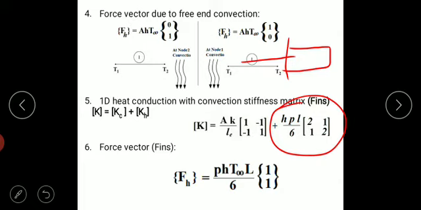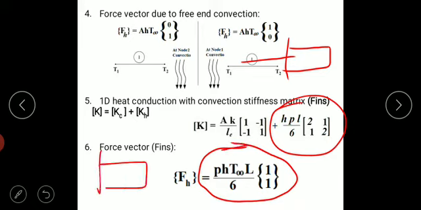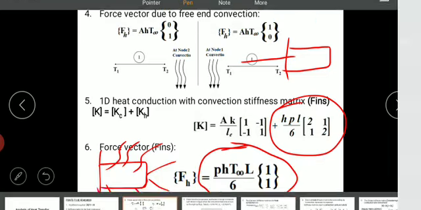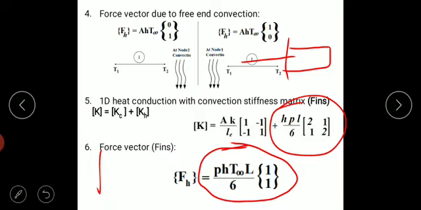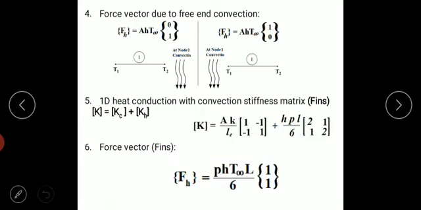What about the force vector? Same thing, the perimeter will come. Why is the perimeter going to come? For the force vector, because at the fin convection takes place on all sides. So with all convection, I am going to consider the perimeter. What is the perimeter? The perimeter value is going to change for different geometries. For example, for a triangular fin the perimeter formula is different, and for a circular fin the perimeter formula is different. That we shall discuss, and how we can solve the problem for the fin.